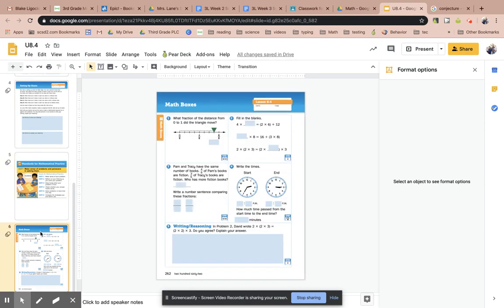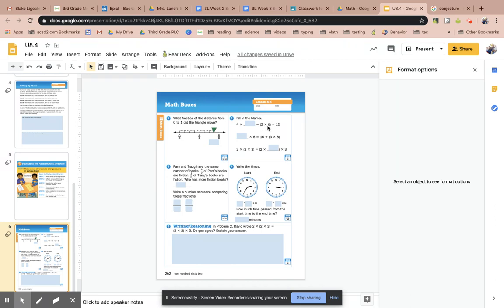Okay, all right, and then we finish up with our math boxes. And here I have these little boxes for you. If you don't see one, you can always add a box. But we have a fraction. How long did this move across? Fill in the blanks. Now this part is just saying that